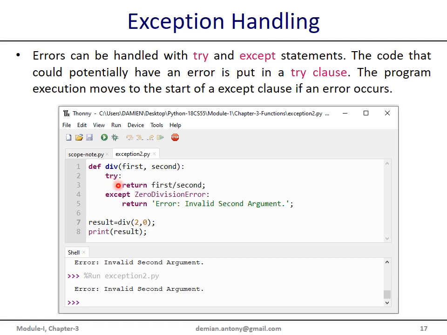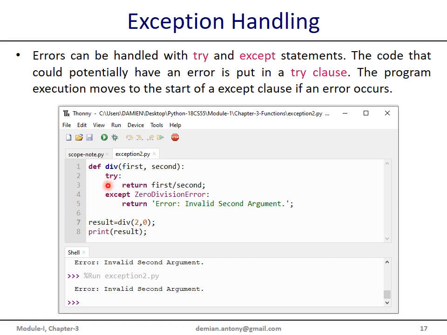We put that statement inside the try clause, and except takes the syntax except and the type of error. This is the type of exception that is defined in the Python library, and we put the remedial action. It can be a continuation of processing, or you can even stop execution by giving a meaningful message to the user or to the outside world.